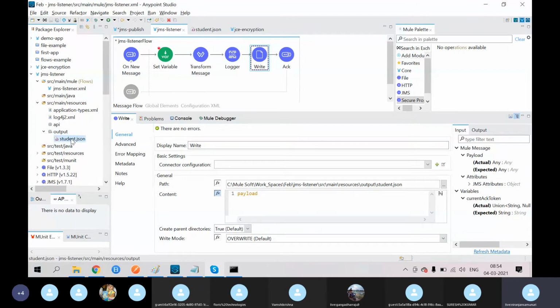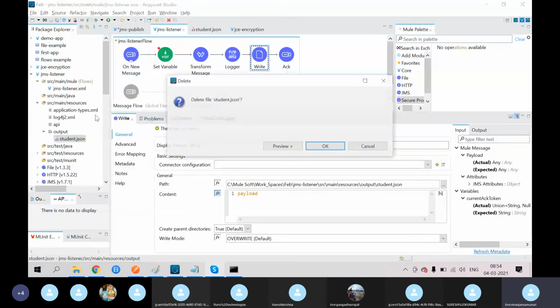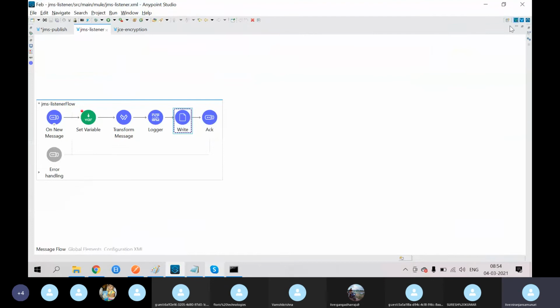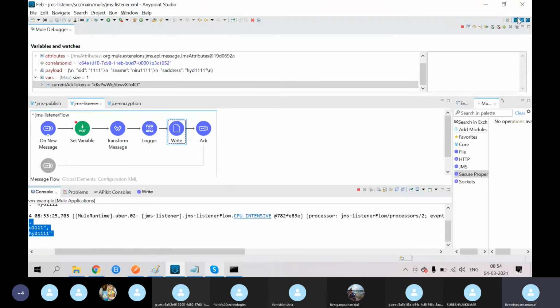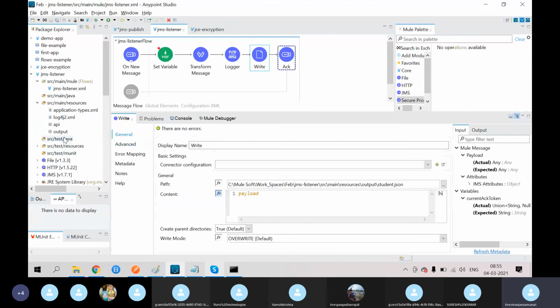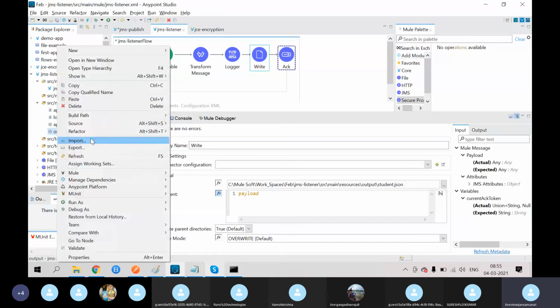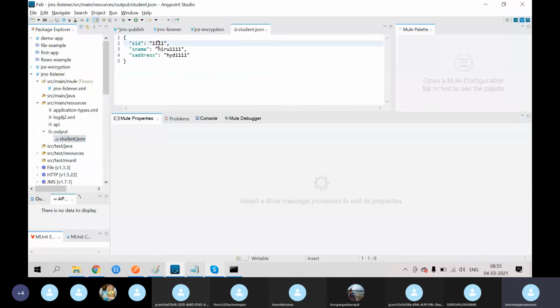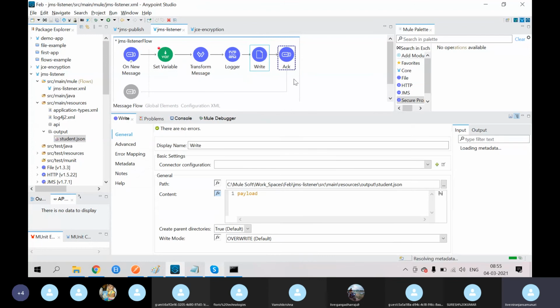As of now I have one file, right? I'll delete this file anyway. Now I'm going to write a new file. I'll go to the debug mode. If I click on the F6 button, automatically it will write this data into the file location. Now you can refresh this. Now the new data will come. So stored SID, Niru, HYD 1111. So I'll get everything.